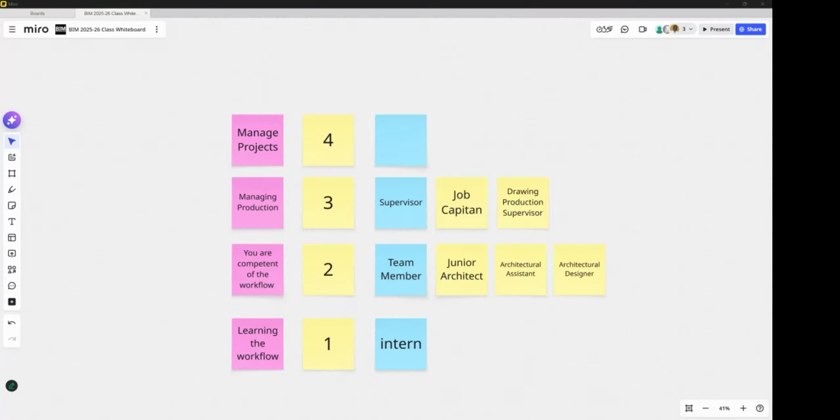I would guess managing production would be like the supervision of the workflow for a particular project, while managing projects is the role that someone would take up to be more of an overseer, like a delegate of sorts, I think.